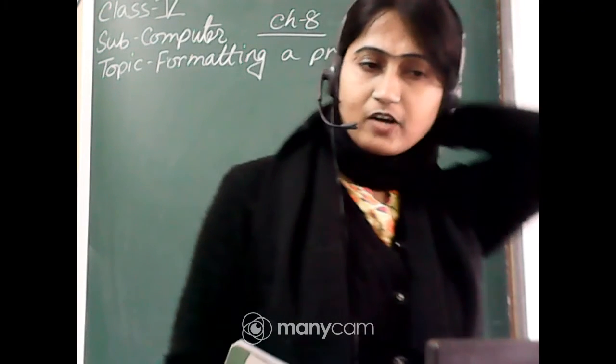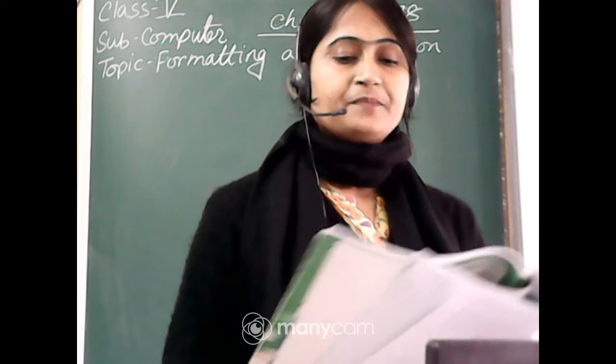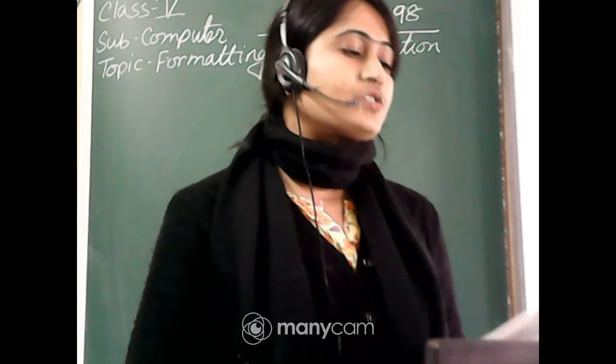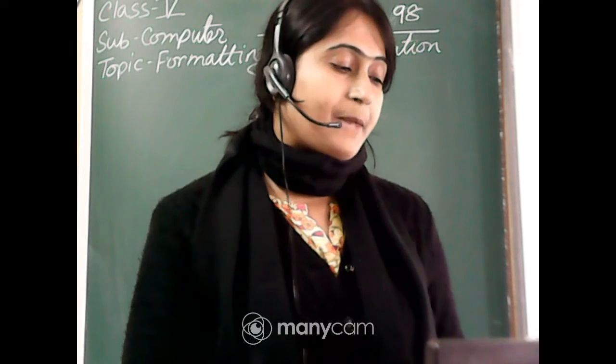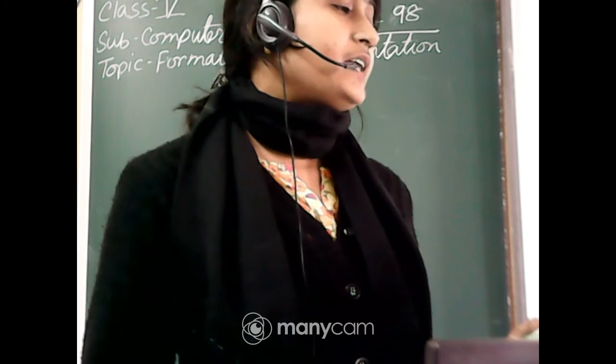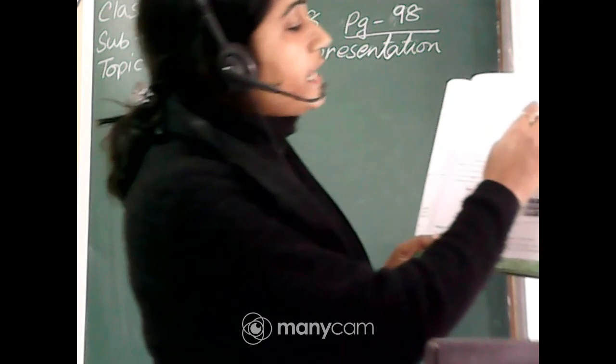You have to click on the format background, and the format background dialog box will appear. When you click on the format background option from the background style, the format background dialog box will appear. Click on the fill tab. There is an option fill. You just click on the fill tab.